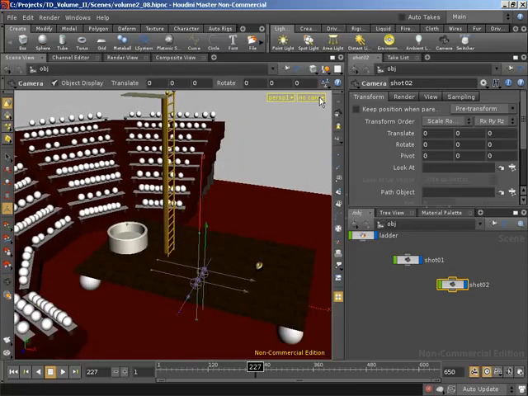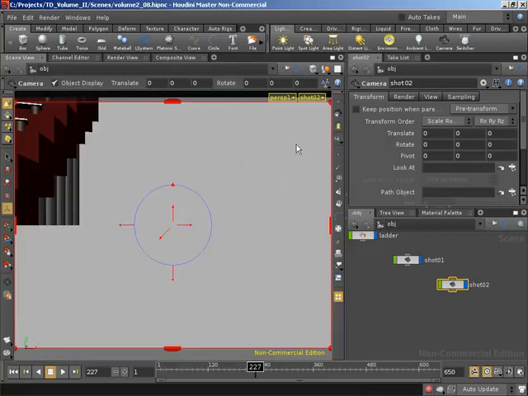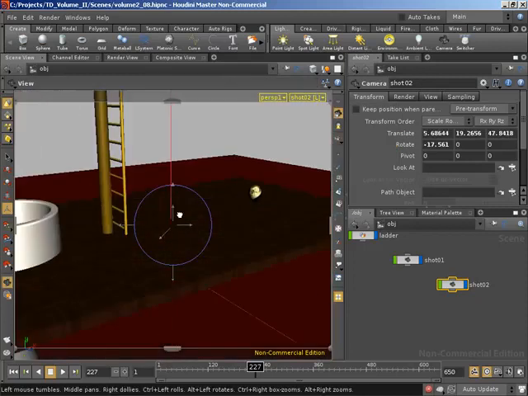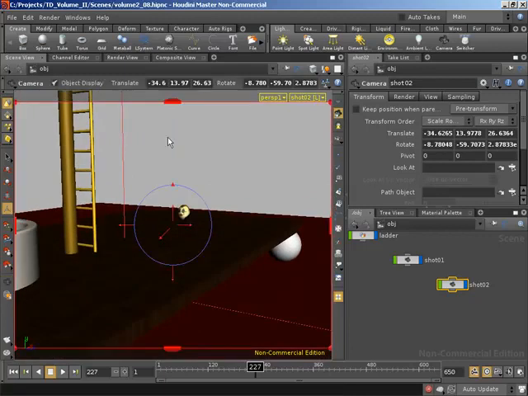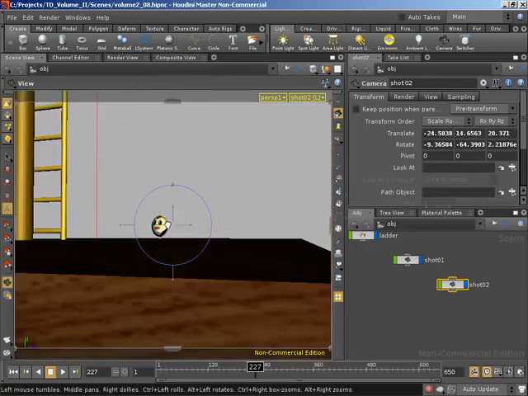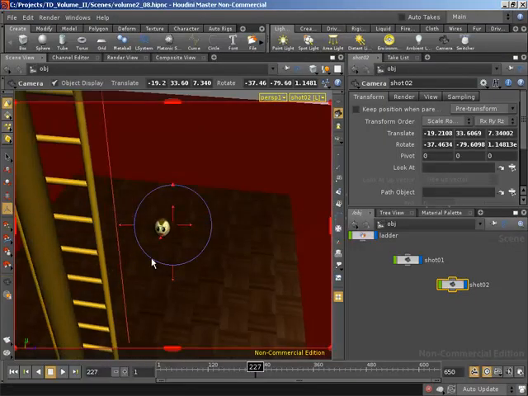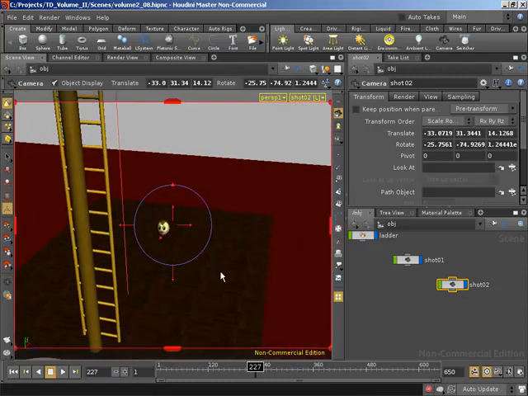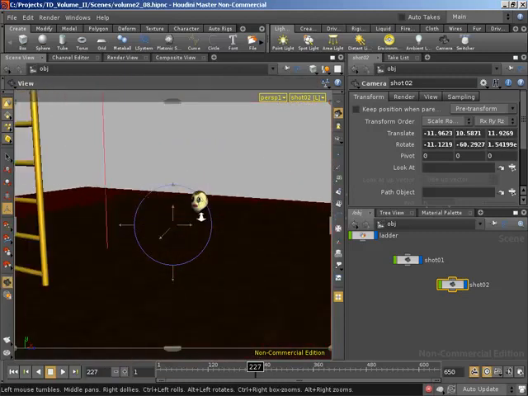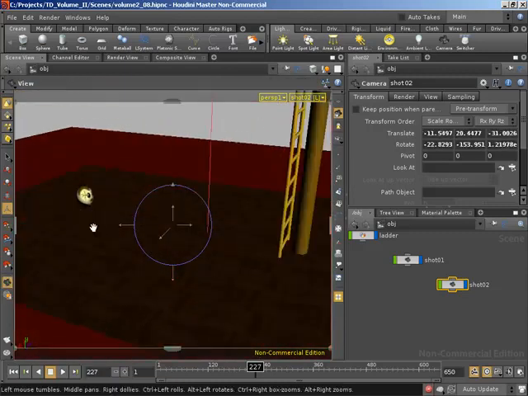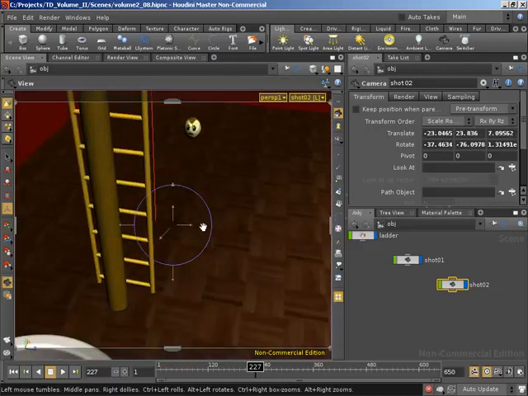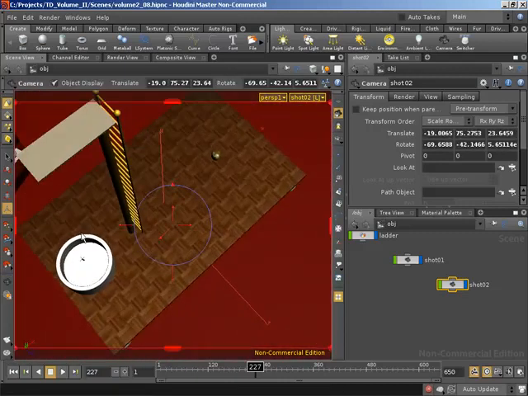And with this camera, I'm going to switch over to the shot 2 camera. I'm going to lock it to my current view so that I can tumble the camera around in the viewport and position it interactively. If we jump back over to Photoshop, we can see the ball is going to jump from right towards left. That means as the ball is actually travelling in a straight direction, we obviously need to be on the right-hand side of that motion so that it appears that he's moving from right to left as opposed to from left to right. So we need to be on the right-hand side of this line of action,